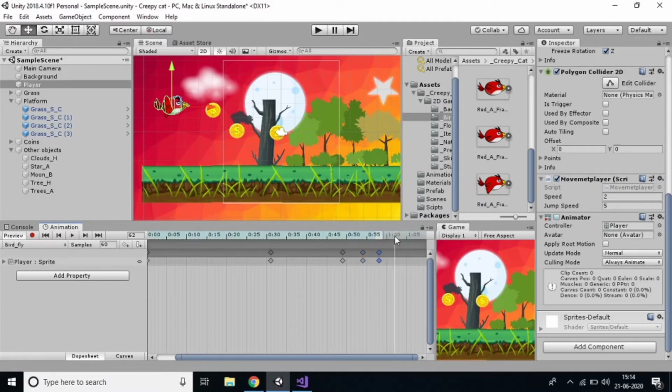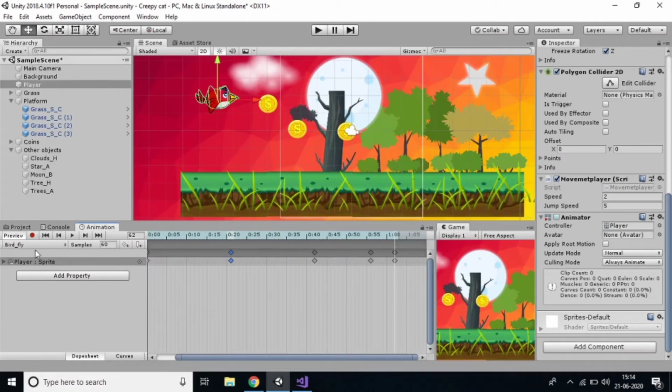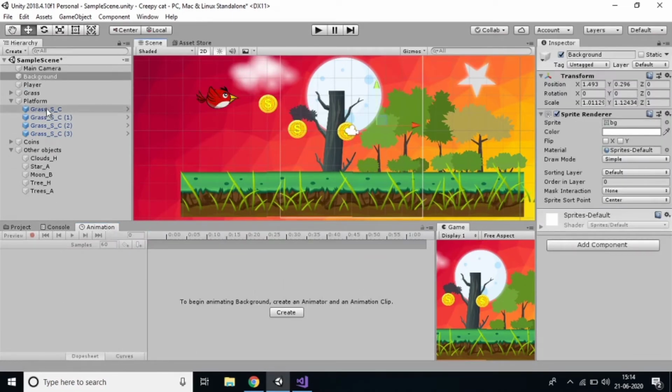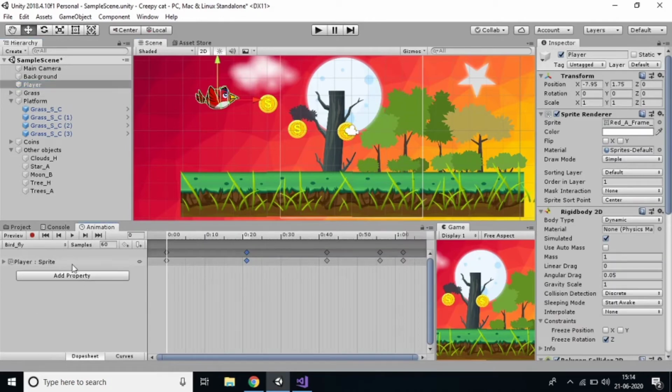So this is the way to add, and you can move here also. You can change the size, the time in seconds. This is the time frame per second. You can change the size and keep it in the same place again. Then press the play button, and you can observe the animation playing here.